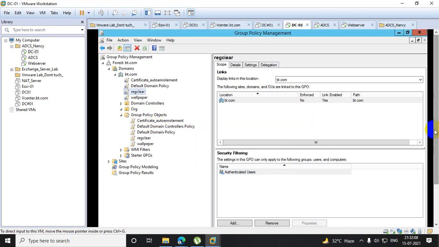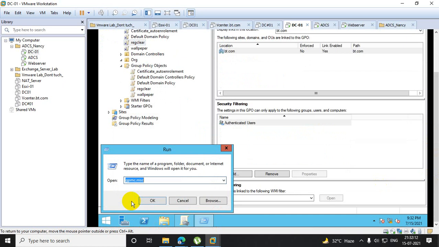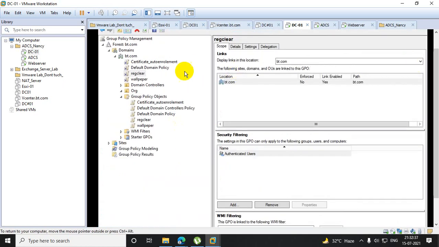See, whenever I'm telling you, that means you are running any command like GPMC, whatever. So all of this is showing in the cache. The client's requirement is that whenever he logs off and logs on, this should be blank. This should be blank. That nothing will be shown there. Now tell me, how will you do that? I have done it, and that was the policy I have cleared. That is a registry clear.